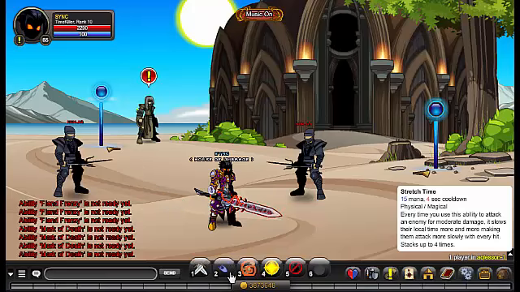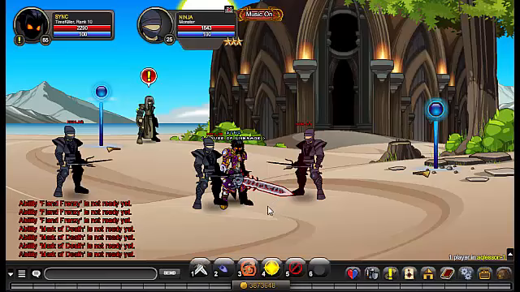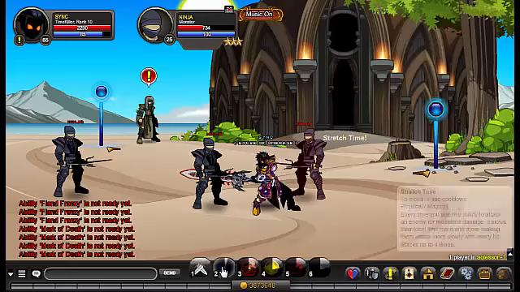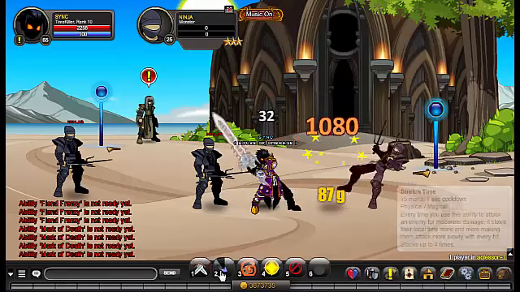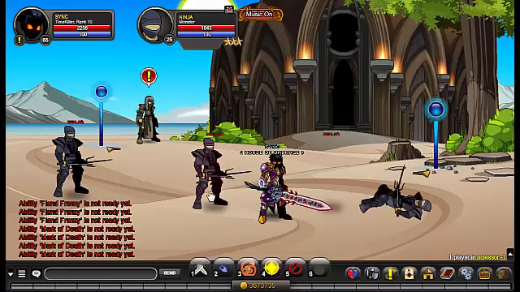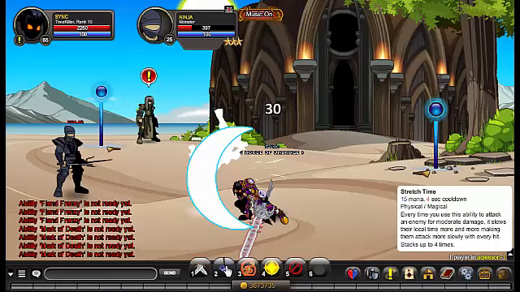Alright, let's go to your first skill. Stretch Time: 15 mana, 4-second cooldown, physical magical skill, and the range is close. Basically, this does about 150% weapon damage, and applies Stretch Time on the opponent. I believe it slows them down 10% each stack. And if you think about it, it stacks to 4, maxed out at a 40% haste debuff, which is a